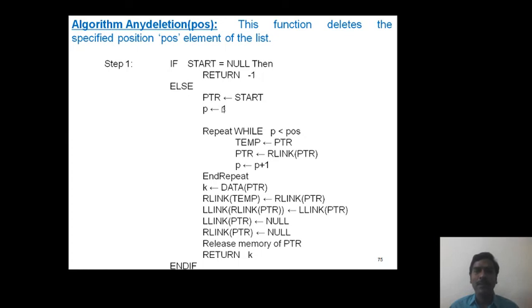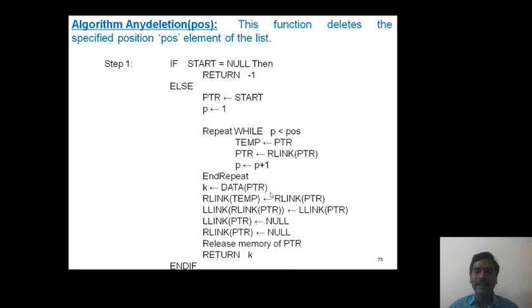Else, ptr equals start, p equals 1, as a repetition process. Repeat while p is less than POS: temp equals ptr, ptr equals r-link of ptr, p equals p plus 1, and repeat.